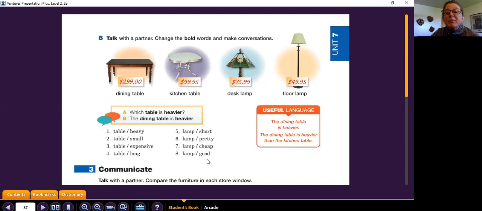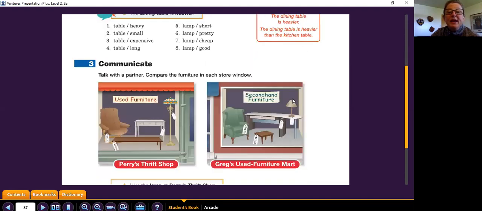Which lamp is better? Okay, again, another opinion piece. You may think this is better, you may think this is better. So there isn't a right or a wrong. Let's choose the floor lamp as better. The floor lamp is better. Okay, and then down here,